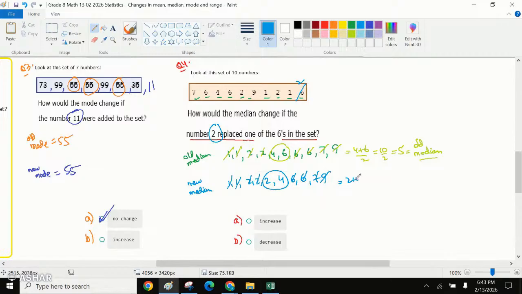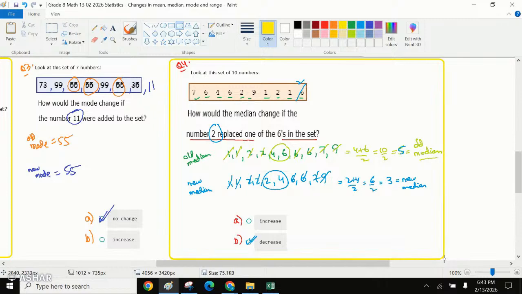That means 2 plus 4 divided by 2, that is 6 divided by 2, that is 3. The new median, since the old median was 5, would decrease. Agreed? So we can compare the values and find whether it's an increase or a decrease. Okay. Thank you so much. Please do complete the remaining questions. Have a nice